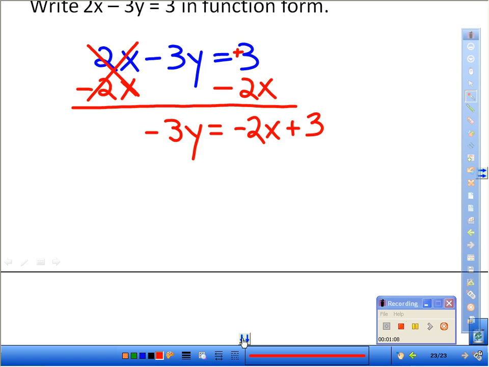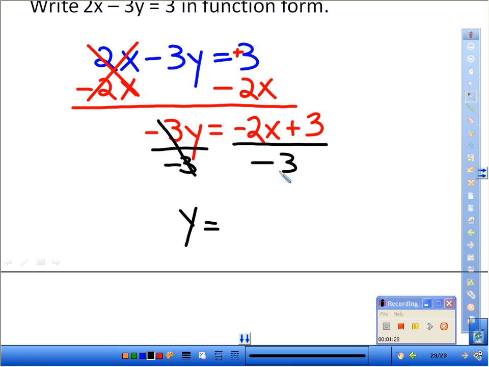We need to get rid of the negative 3. So to undo multiplying by negative 3, we want to divide this by negative 3. Those will cancel out and we'll be left with y. That's our goal, to put it in function form. But again, if we divide the left side by negative 3, we have to divide the right side by negative 3. What this means is we're going to take each term on the right side and divide it by negative 3,